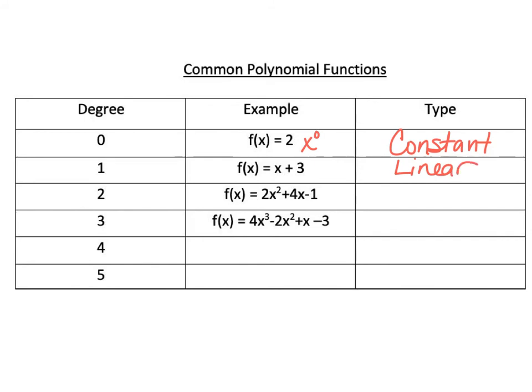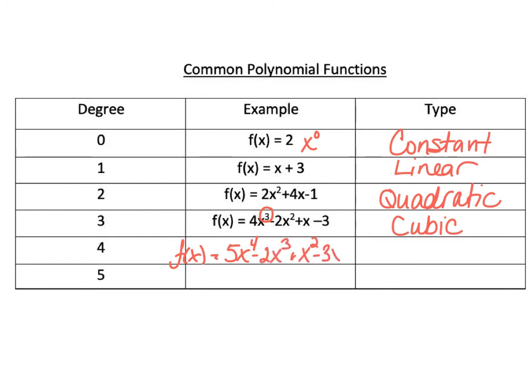Next, here's a polynomial function in standard form. The degree is 2, and we call this quadratic. And when the highest exponent is to the third power, this is known as a cubic function. So something of fourth degree would just be like f of x equals, you just make something up, 5x to the fourth, and then the powers descend, minus 2x cubed plus x squared minus 3x plus 2 would be in standard form. And my highest degree is 4, so the degree of the function is 4, and this is known as quartic. To the fifth degree is known as quintic,